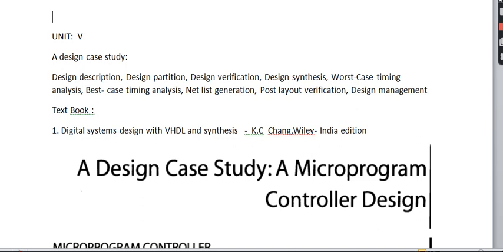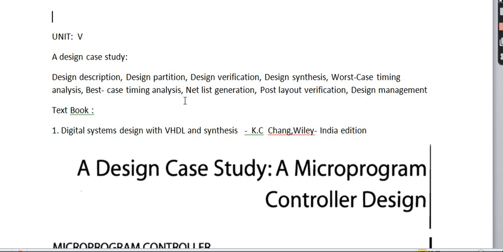These are the various topics in Unit 5. First, the design description, that means how the design should look. Then how the design is partitioned into different sections, then how you verify this design, then how you synthesize these blocks of your design, then worst case timing analysis and best case timing analysis.